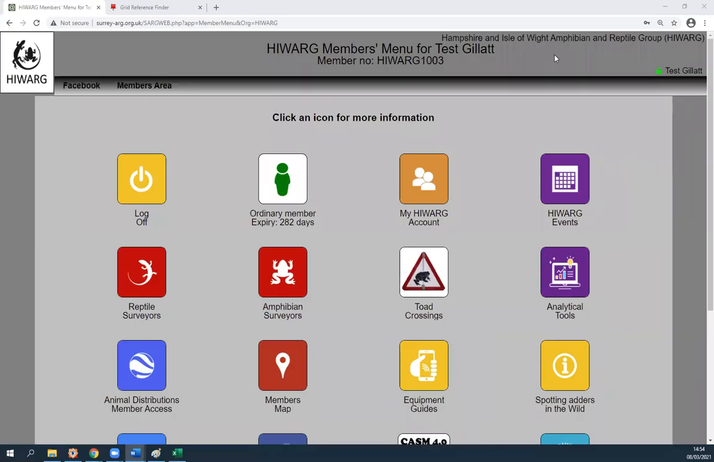ARGWEB quick tutorial, how to log casual sightings, for example, lizards seen while out on a walk. This how-to demo specifically relates to ARGWEB and members who are reptile or amphibian surveyors. Members are approved as reptile or amphibian surveyors on ARGWEB if or when the local committee is confident in the